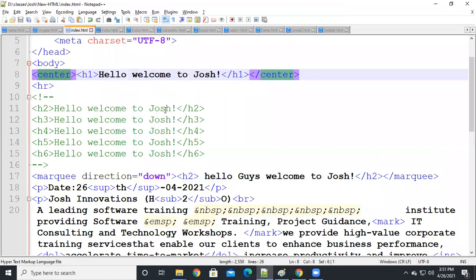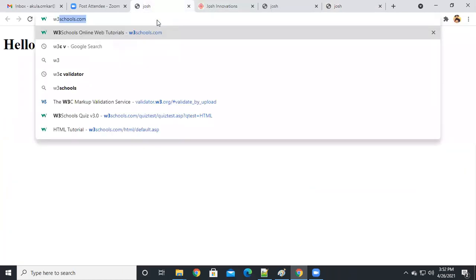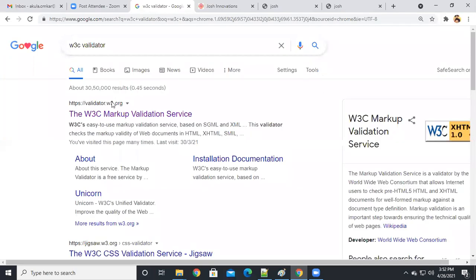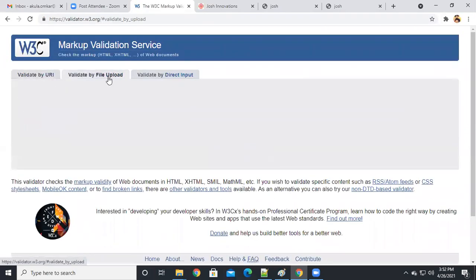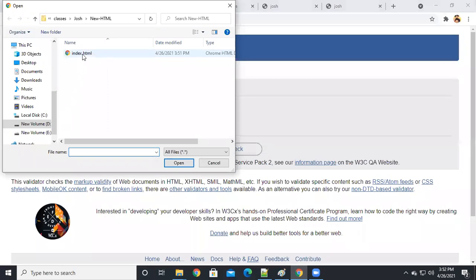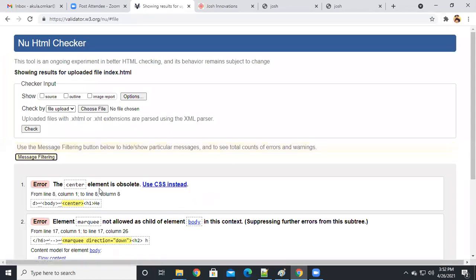See, how can we check? You just upload this file into the W3C validator. I showed yesterday, right? Just open the W3C validator, upload your file, choose file, and here in the HTML, open and check it. See, it says this center element is obsolete.